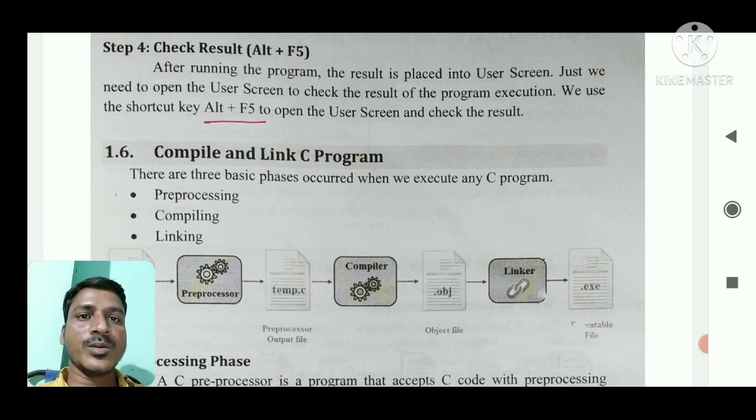So now, how do we compile and link the C program? There are three basic phases that occur when we execute any C program: pre-processing, compiling and linking.